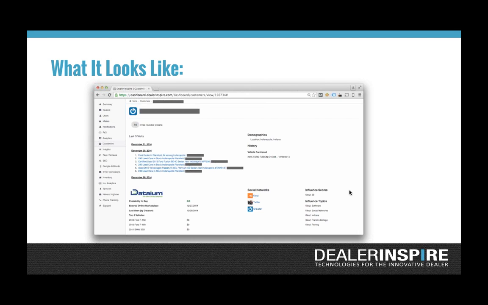And then obviously on the right-hand side of this page, we've got demographics, and then we do have the history. So this is actually a person, and looking at the date, they ended up purchasing a vehicle from the dealership. Now, if they had purchased previously, maybe a couple of years ago, and they used the same exact email and name and everything matched up in the DMS, we'd be able to pull that in. So that's a conversation starter too. How's that Fusion doing? You know, you purchased a couple of years back, we had you in our database, so just wanted to follow up.